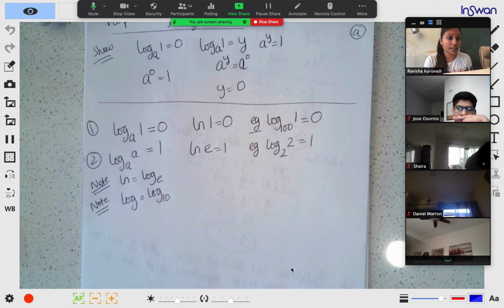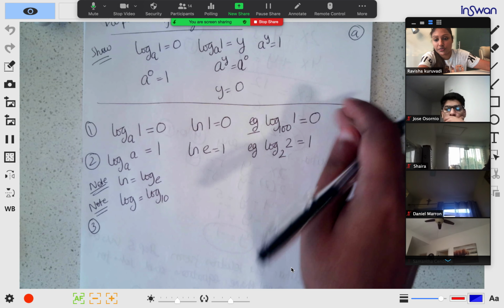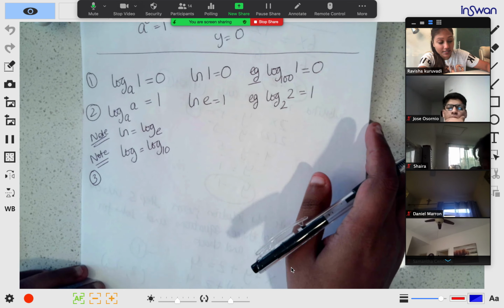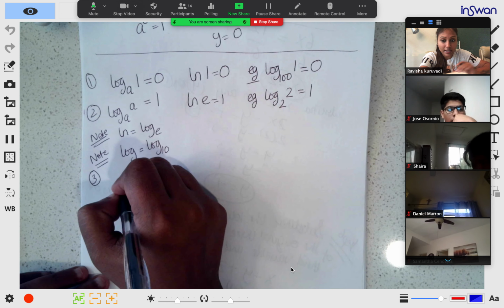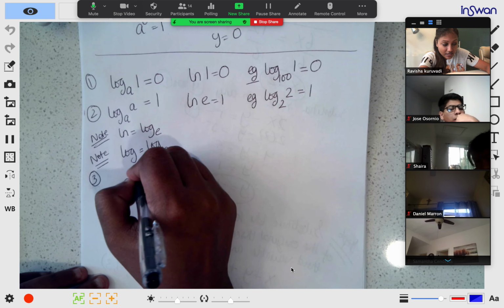Any questions with this? Two properties. So you will be using these. I'm going to give you 4 properties and then we'll go on to questions. So your third property is, it says if a is raised to power log with same base a